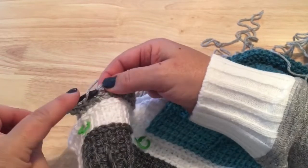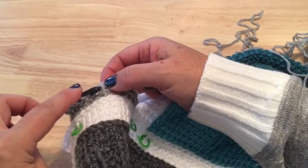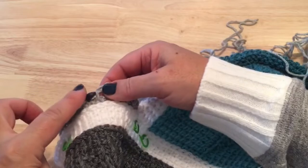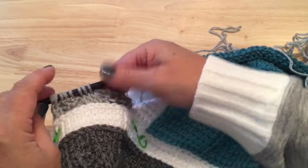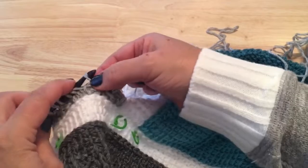2, and 3, followed by 3 knit, 1, 2, 3. And these 3 knit that we just made will continue through all of the rows up the center of this block. 3 purl, 1,